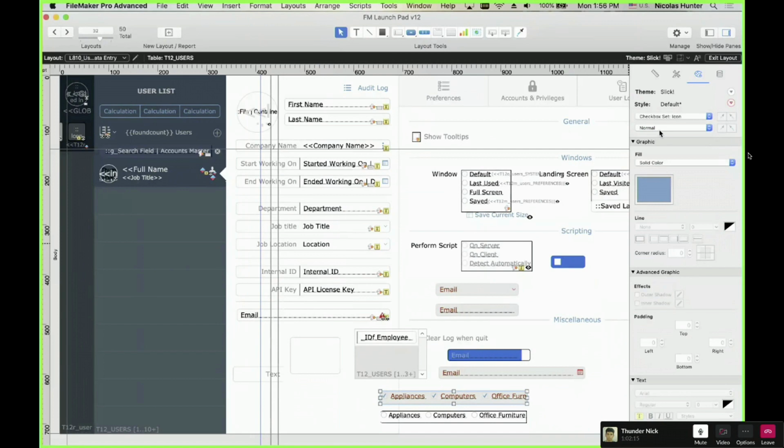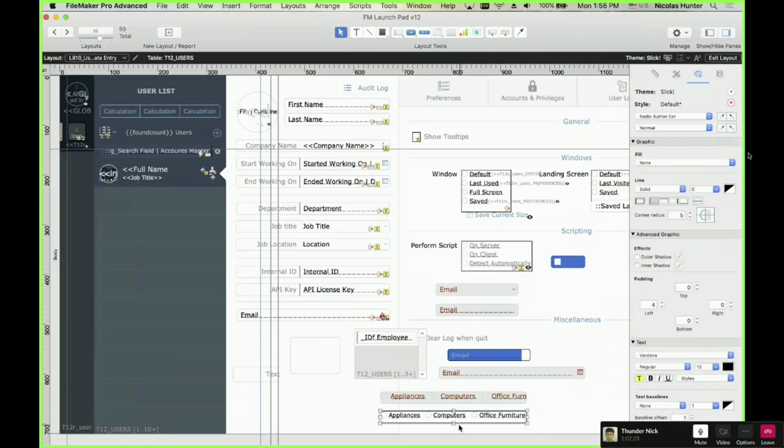So that's why it doesn't. It's treated on the side, because it's not really the same as this one, right? But those objects are very odd. Those check boxes and buttons. They're odd objects even for FileMaker.